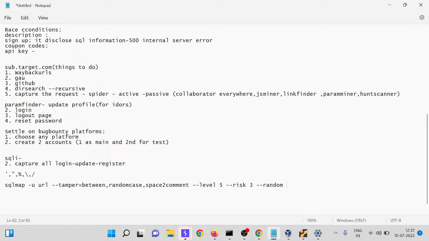And if you want to use a Tor proxy, you can use this.